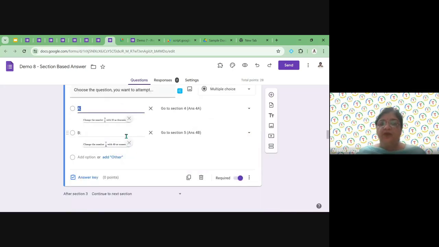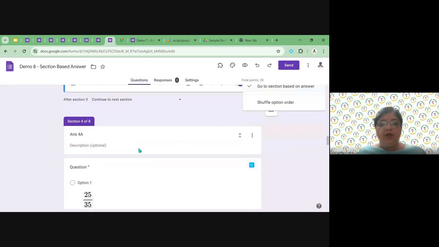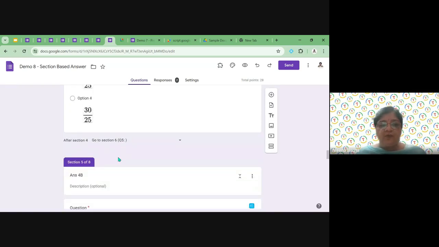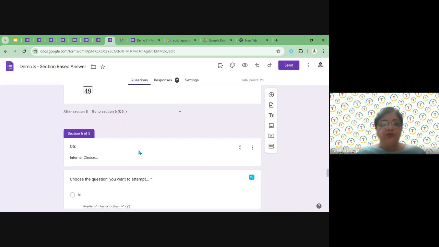You can see here in the 3 dot, we have Go to section based on answer. From here, we can manage: go to section 4, go to section 5, and here continue. And after 4, we have to skip this section, so we manage it to go to section 6.